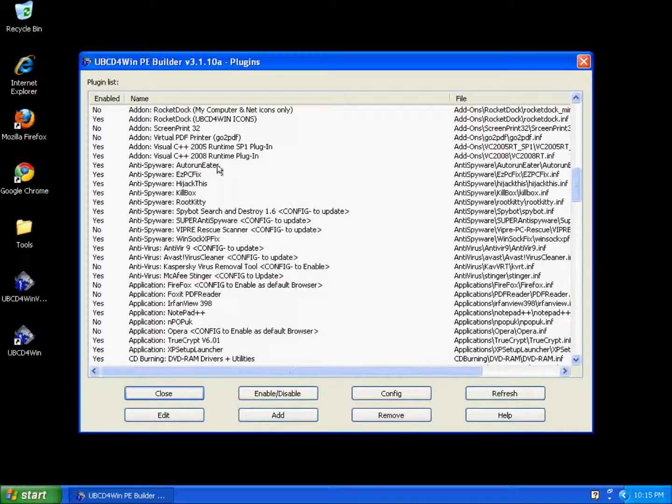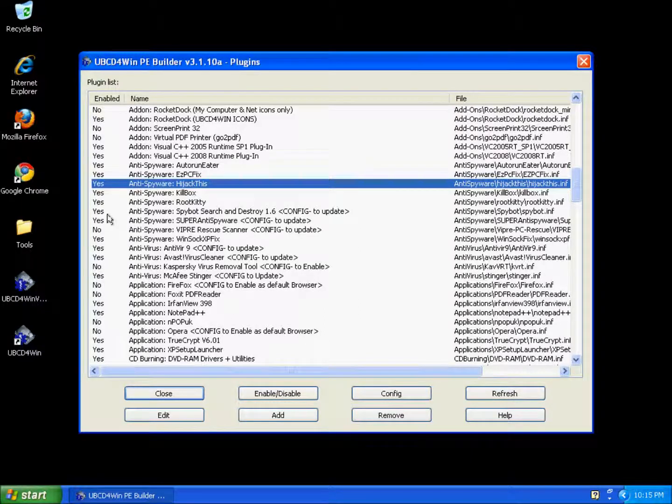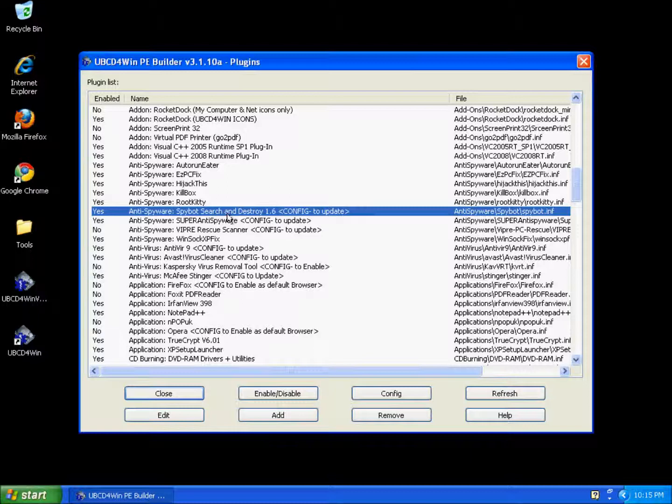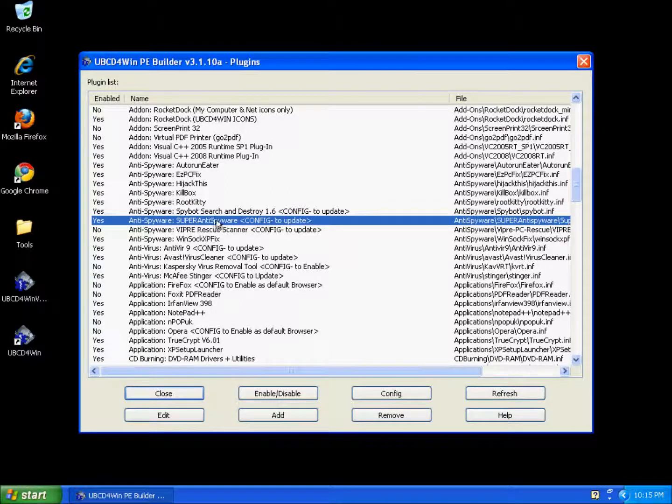So if you look here, we have a few programs like Auto Run Eater, we have Easy PC Fix. A few of these you're going to find familiar, such as Hijack This, which is in our tools directory. We also have Spybot Search and Destroy, which is also in our tools directory. Super Anti-Spyware is something that I mentioned, but it's also on here too. And WinSock